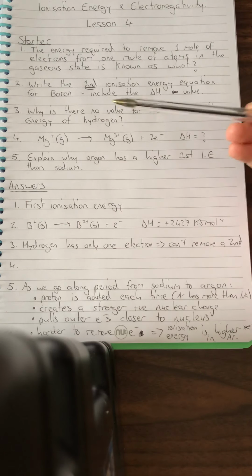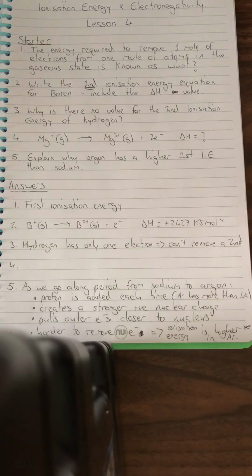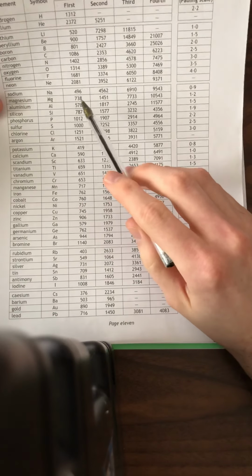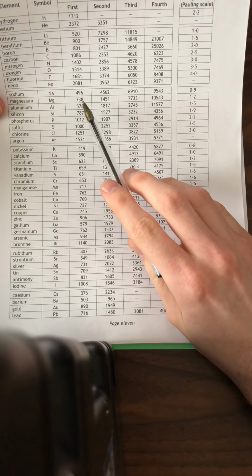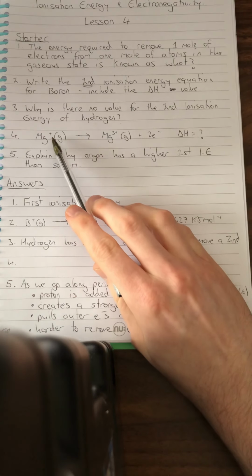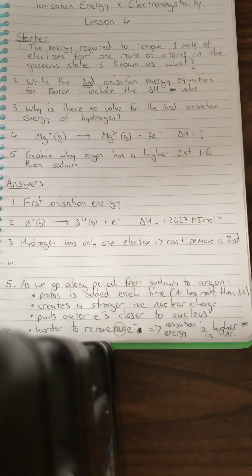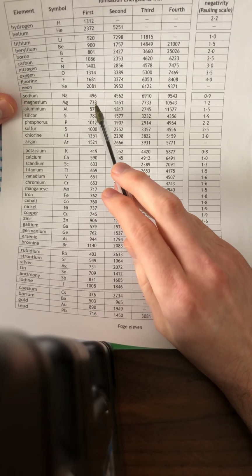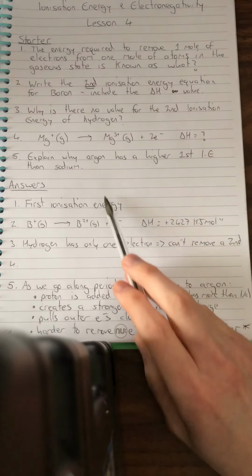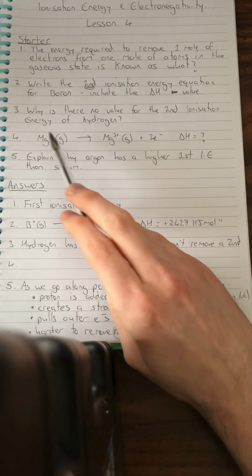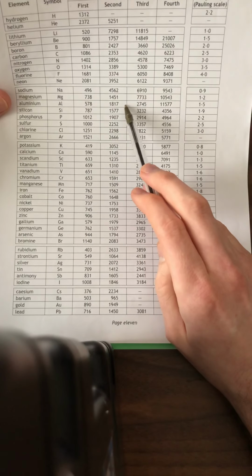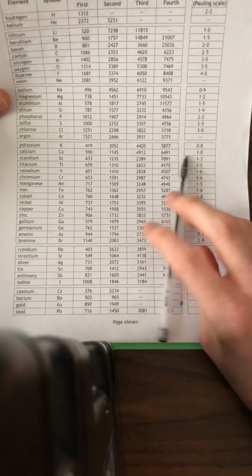Right, question 4, Mg+ to Mg3+. Now if we look at our data book here, we look at Mg. Now the first ionisation energy is 738, however, it's already been done. We've already gone from Mg to Mg+, we're starting with Mg+, so we don't need to include the first one. Because it's going through 2 ionisation energies, to Mg2+ and then Mg3+, we need to add the second and third,